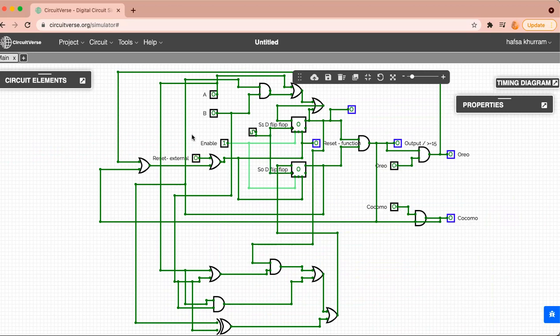So this is the working of the circuit. I have used the truth tables and the K-maps to map all of this out. I will definitely attach it with the video. And if that is not possible, I will email